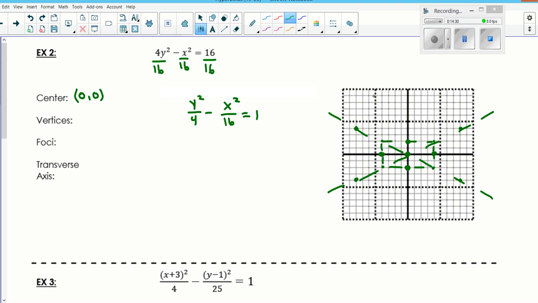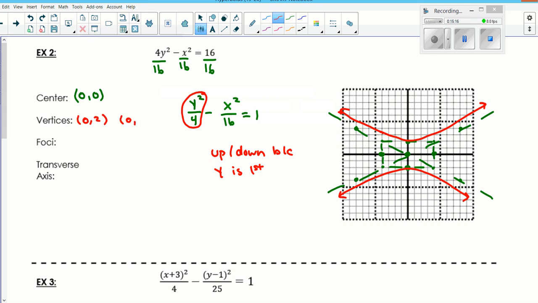So now I need to determine whether my parabola is facing up and down or left and right. Notice that right here the y is first. Because y goes up and down, it's going to open up and down, because y is listed first. It's always hard when it's really wide, but I need to approach those asymptotes without touching and hit that vertex, and then do the same thing here: approach, don't touch, and hit that vertex. So I can state my vertices. I can see that my vertices are at 0, 2,